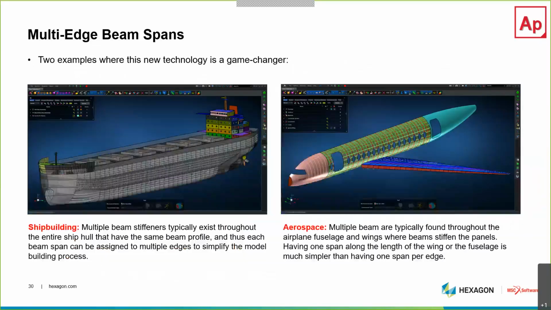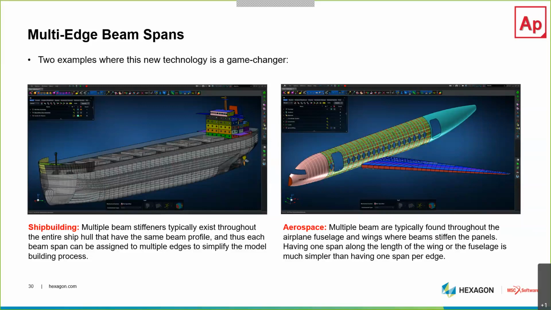But where it really matters is examples like this. And we wanted to show you two just kind of standard industry examples where this technology really hits home. On the left-hand side, you can see the shipbuilding industry, where a lot of the ship hull stiffeners are modeled using beams. And this is where the longitudinal beams, imagine clicking each curve one at a time, and man, it would take you hours in order to model a ship like that. And I've done it before, believe me, it takes you hours, sometimes even days in order to model that with the one click per beam